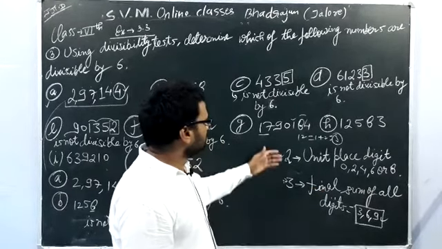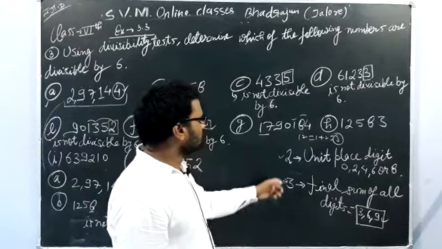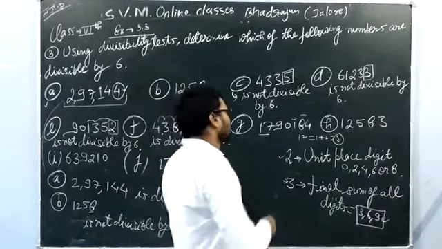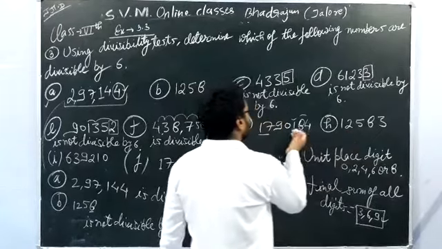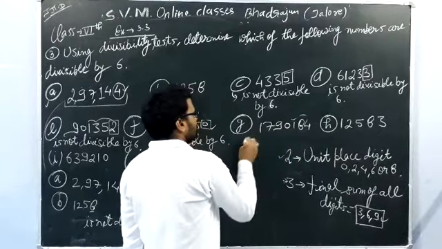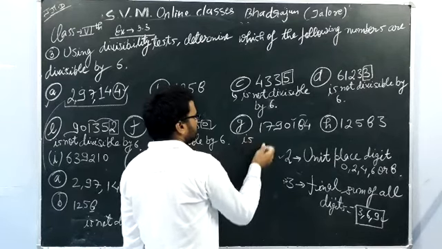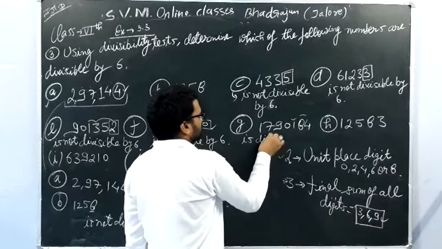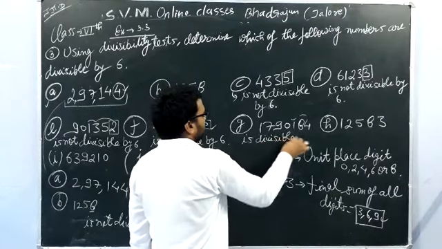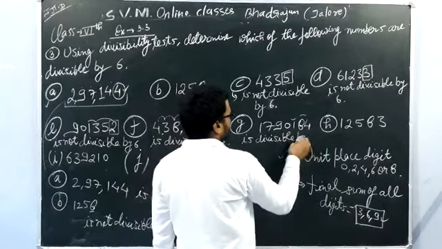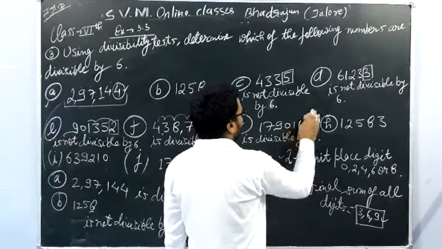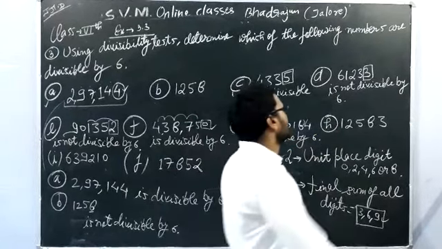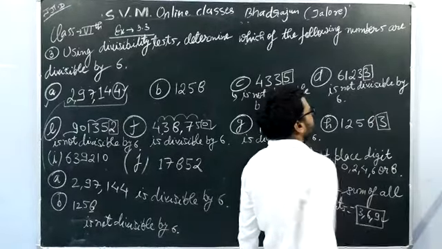Now being divisible by both 2 and 3, the number will also be divisible by 6. Okay, so our final answer is the number is divisible by 6. Okay, now let us move towards our part H, where we are seeing our unit place digit